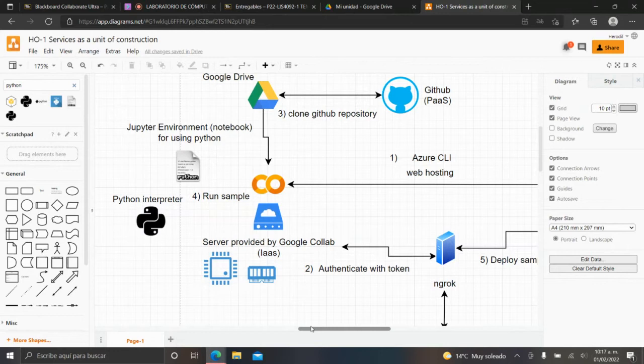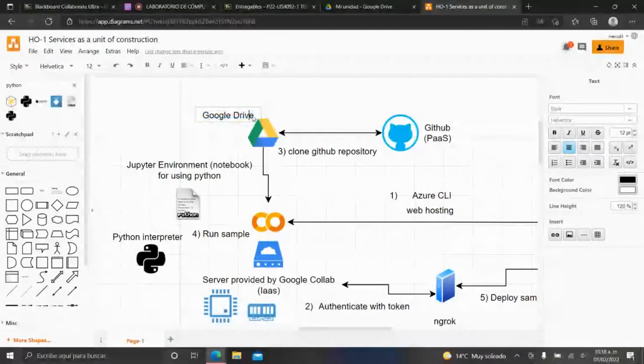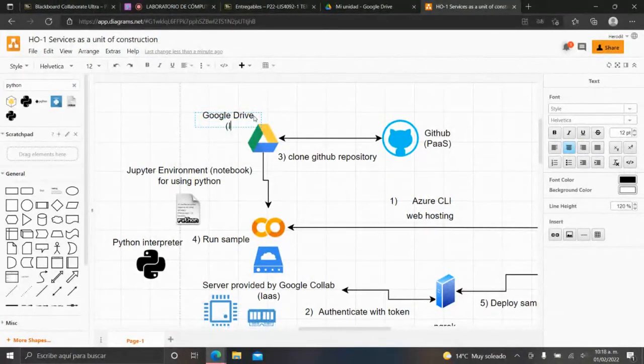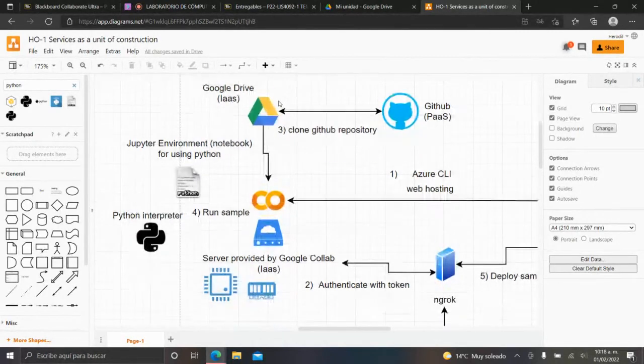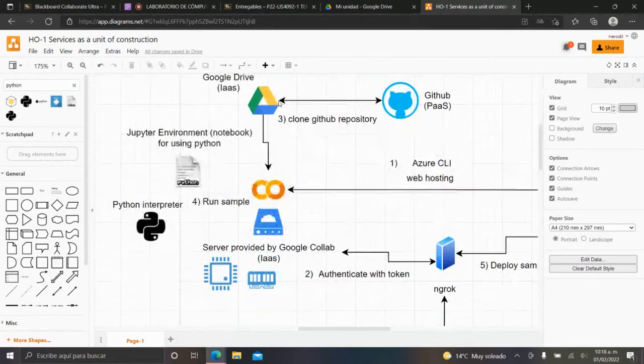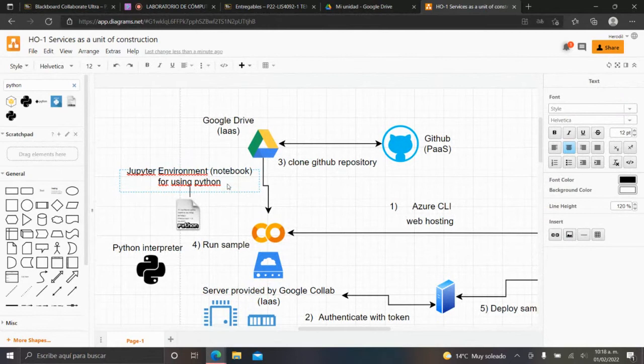Then we have infrastructure as a service, and of course the storage provided by Google Drive, which is also infrastructure as a service, plus the nice application, which is software as a service that lets us play with the file system in a graphical manner. Now, then you have the platform as a service, which was the Jupyter execution environment, the Python interpreter, and that was it for